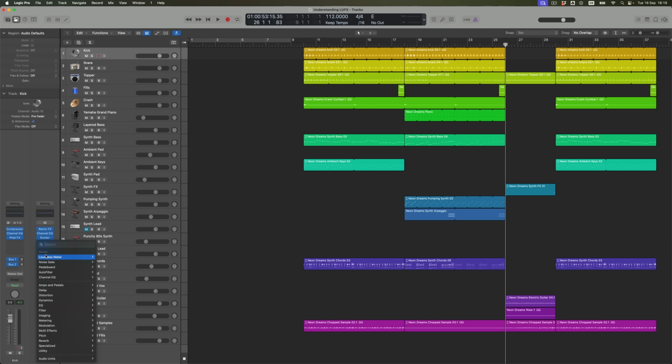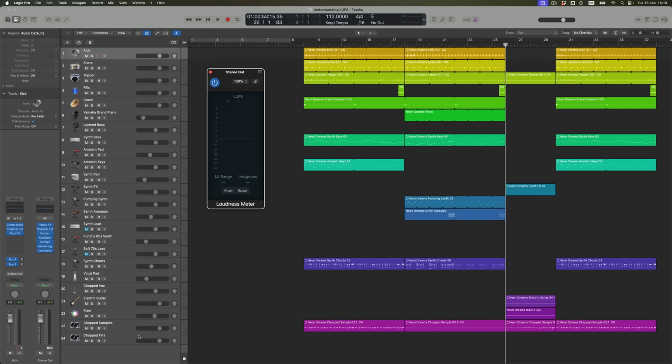Now, these exist in a folder of their own, which is called appropriately metering. And what I'm particularly interested in is the Loudness Meter. And this is simply a nice little skinny, not terribly wide thing. It looks like a kind of 500 series module. Sorry, I'm getting a bit techie now. But we've got this nice little Loudness Meter, and its job is to measure LUFS. Loudness Units Full Scale is what those letters stand for.